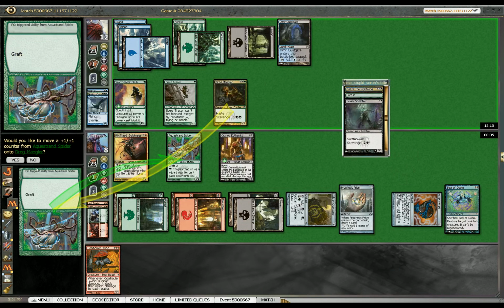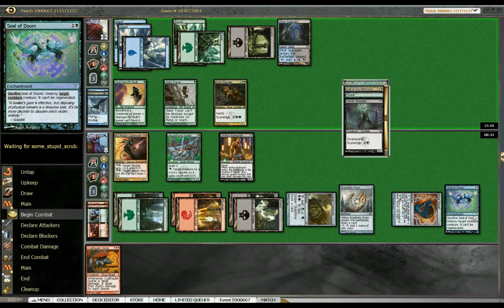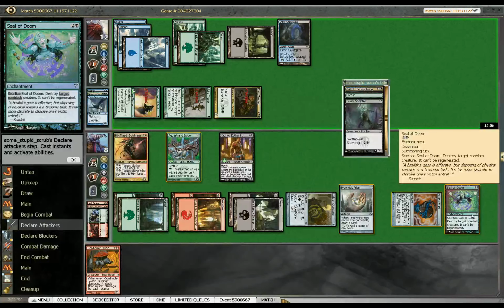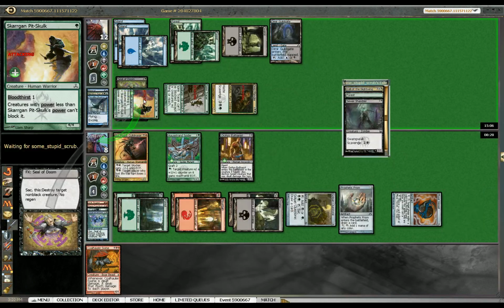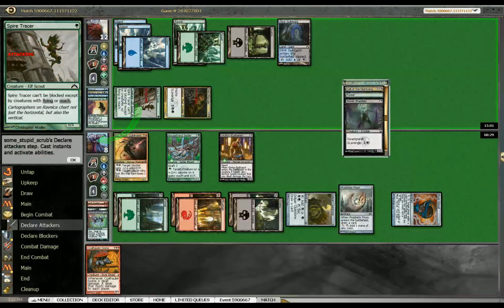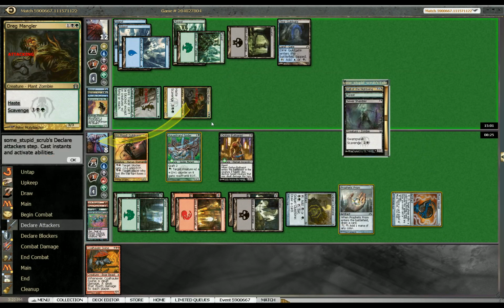So I'm not going to grab... Yeah, this is pretty gross. So I'm going to still Seal of Doom this Pit Skulk. I don't think we're out of it here. I'm going to take 4 again. I guess I couldn't trade here. He's going to scavenge onto this guy. That's why I don't like